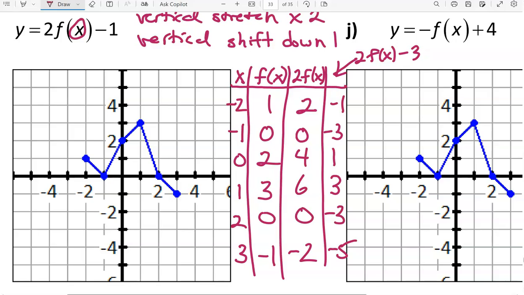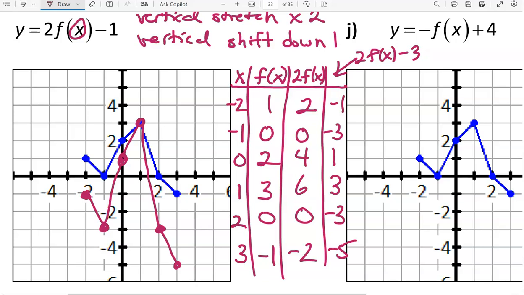And now we can graph our points, negative 2, negative 1, negative 1, negative 3, 0, 1, 0, positive 1. Be careful with negatives and positives. I still have to be very careful as I plot. 1, 3, 2, negative 3, and 3, negative 5. Let's connect those points in order here, and we're going to see that vertical stretch by a factor of 2,